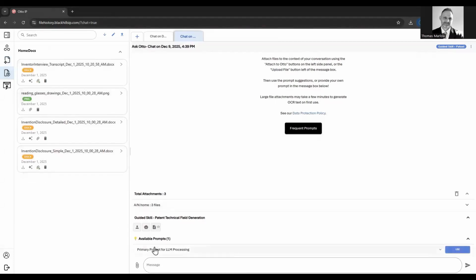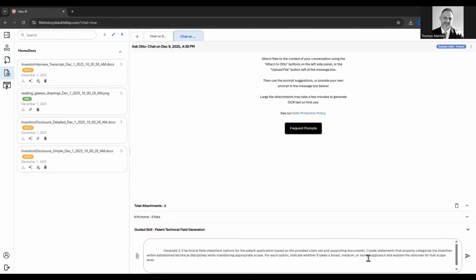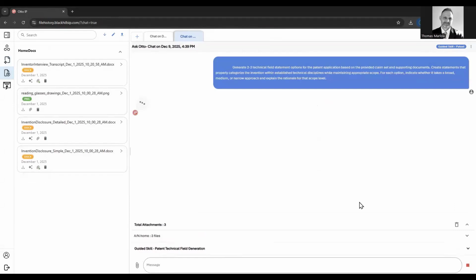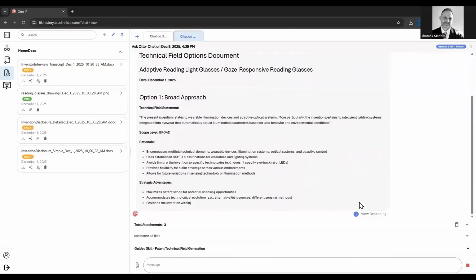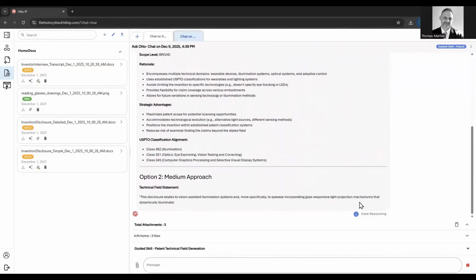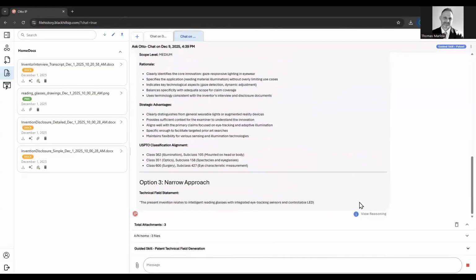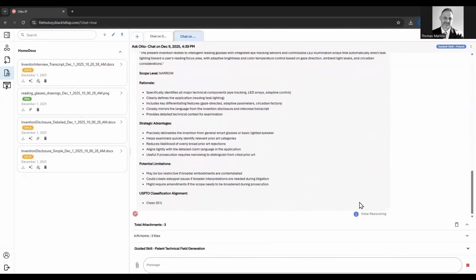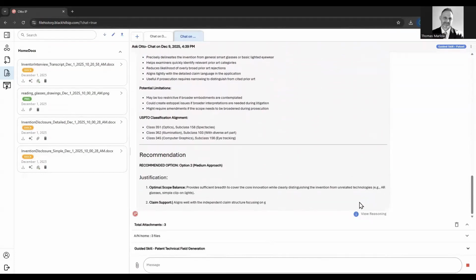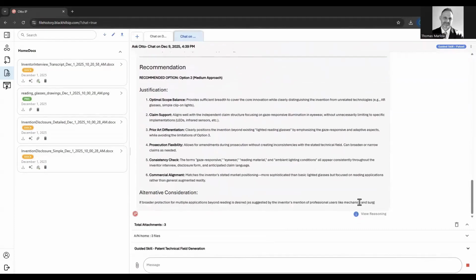So you can see I pulled in the title, that document that I just created, and I'm pulling in again the interview transcript and the invention disclosure. I launched the guided skill prompt, and it's going to churn away and give me some options for the technical field. We've got a broad approach, a medium approach, a narrow approach, some useful versions of the technical field statement, then the AI's recommendation with its justification, which is nice,